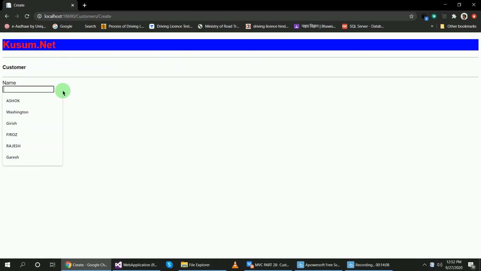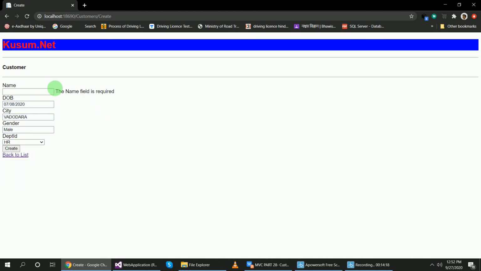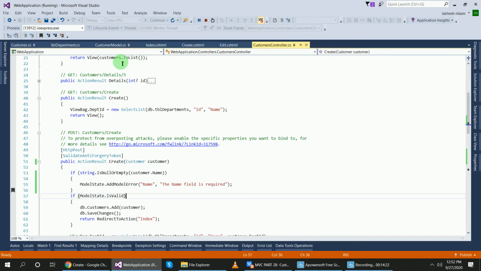If I don't write the name and fill up all these things, it displays the validation error, the name field is required, because we have added this validation code here. If the name is null, then it provides this error.